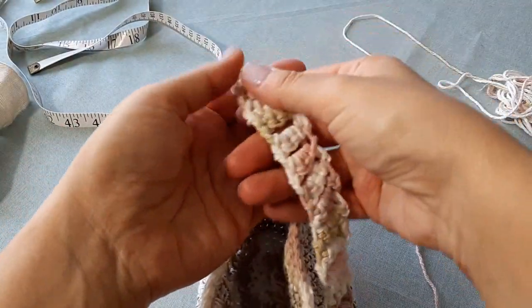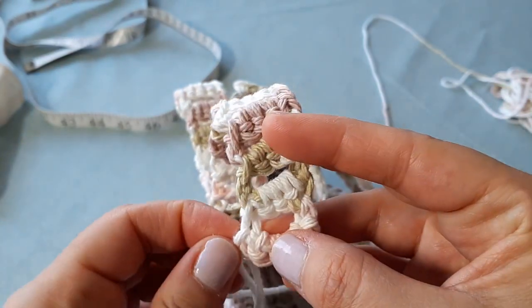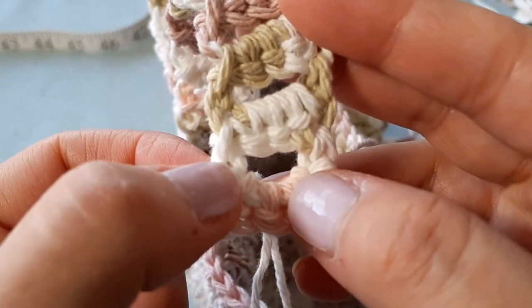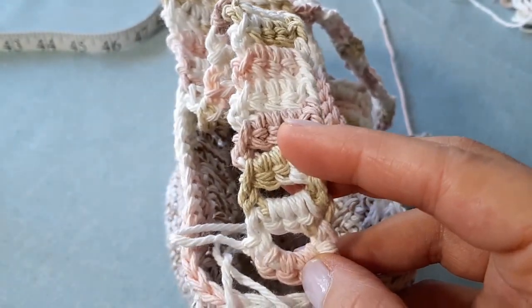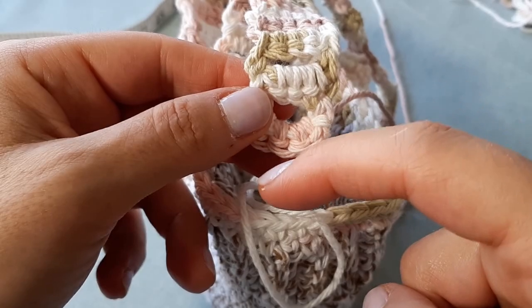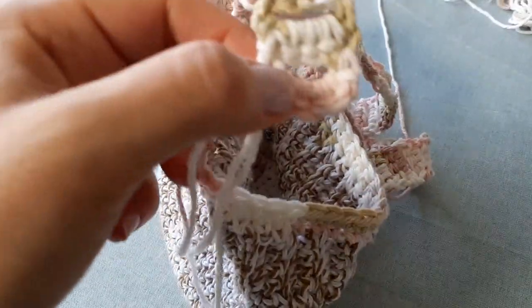So first you want to make sure that your handle isn't twisted and it's nice and flat, and you're going to follow it till you get right to the end. Now I also counted to make sure I had, now I can't remember if it's an odd or an even number of gaps, because I'm going to take my little fabric ribbon and feed it through here just to give it that extra something. So I want to make sure the last time it feeds through that it's actually going into the bag to come out here. So I made sure that that was the case, and now I'm ready to attach my